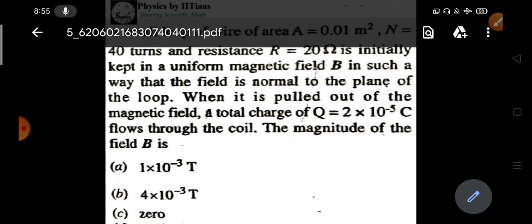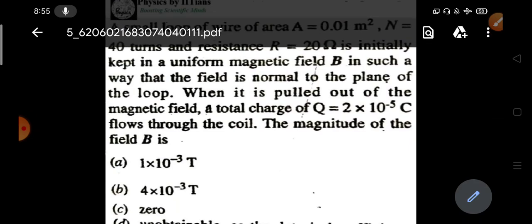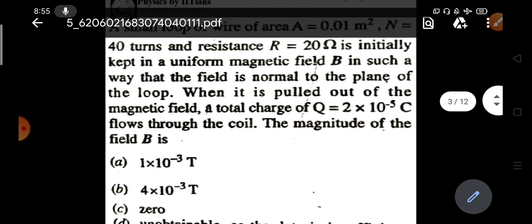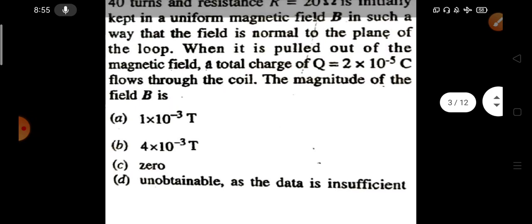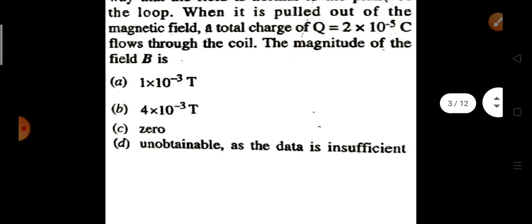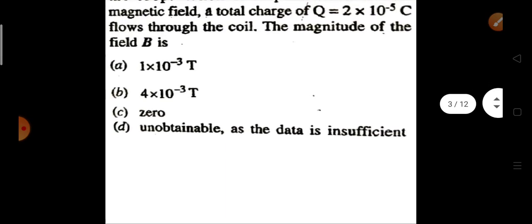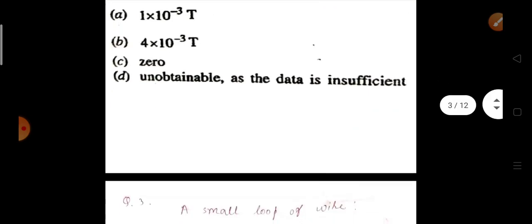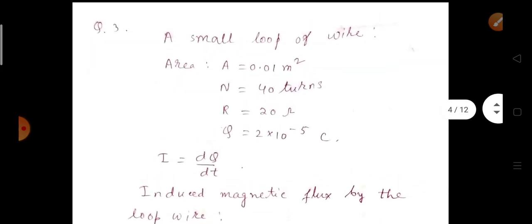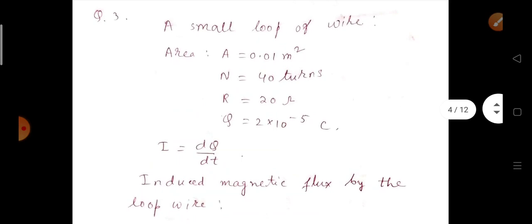So there is a rate of change of flux, and that rate of change of flux will induce a current, and the amount of charge that flows through the coil is 2 into 10 to the power minus 5 coulomb. So you have to find the magnitude of the magnetic field: 1 into 10 to the power minus 3 Tesla, 4 into 10 to the power minus 3 Tesla, 0, or unobtainable as the data is insufficient. The data has been written here: A is 0.01 meter squared, N is 40 turns, R equals 20 ohm, Q is 2 into 10 to the power